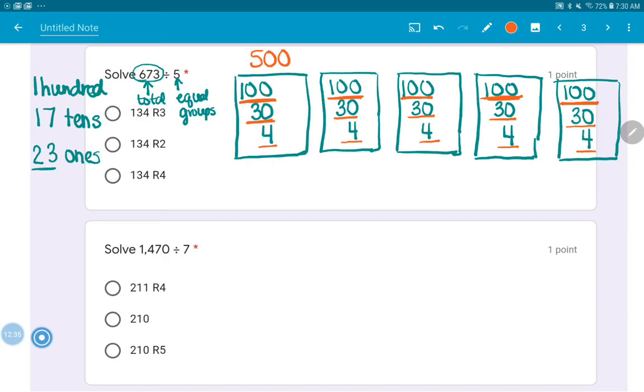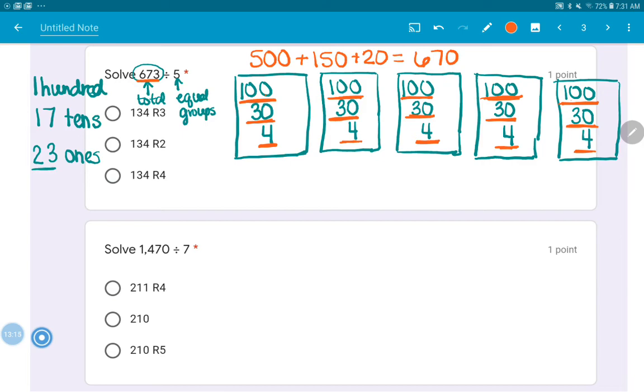If I just count the tens, 30, 60, 90, 120, 150, and then the ones, 4, 8, 12, 16, 20. If I add those together, in each group, I have 670. So if I look at my number 673, I have 3 left over,